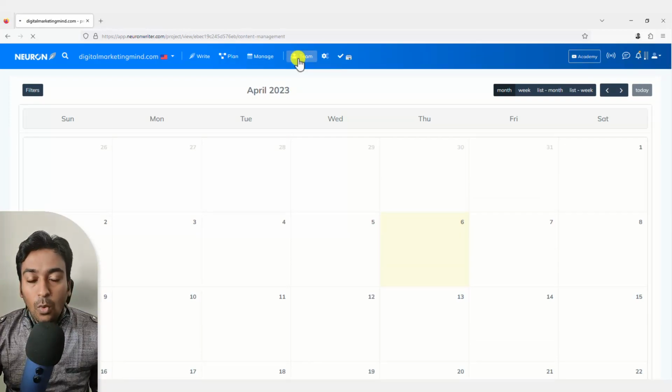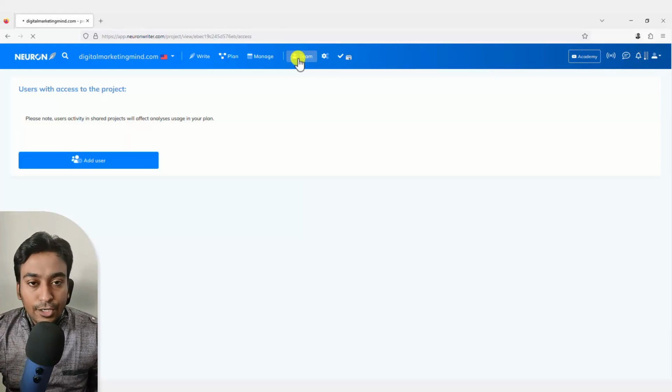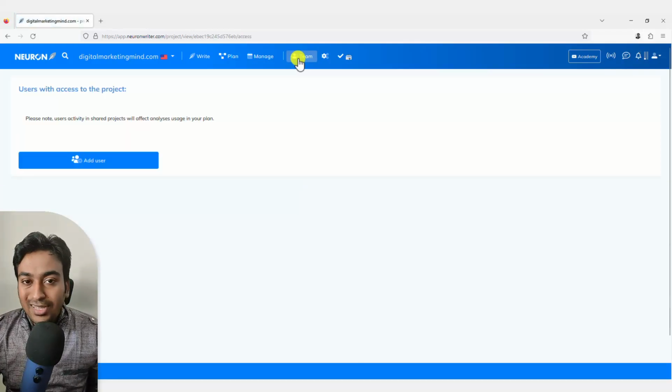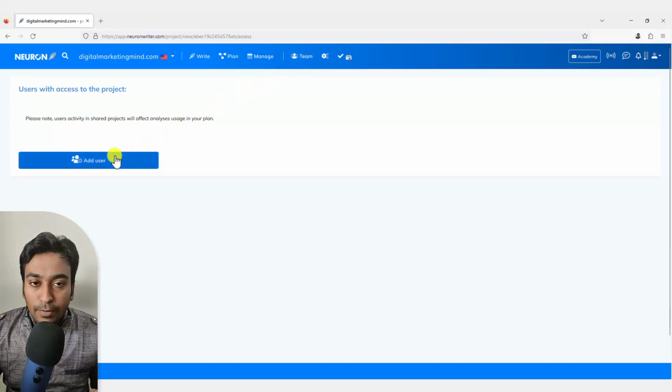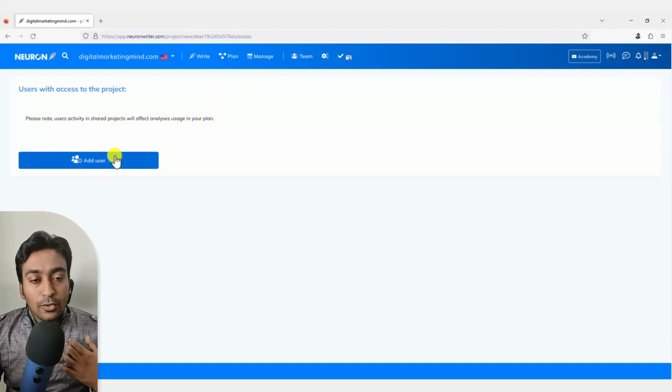Then we have an option called team. This is what I told you earlier, where you can share your management with your team members and work together on a certain project. Like you can assign a particular project to a specific person, or a couple of persons can work on one particular article or project. You can do all those things, but to be honest, I haven't done it because I'm slowly using this as an individual tool for me. But that feature is also available for you.